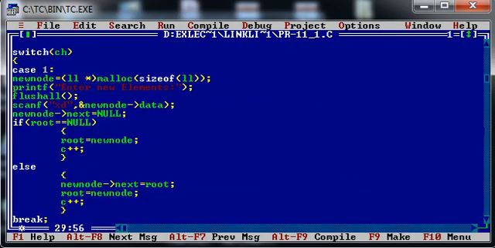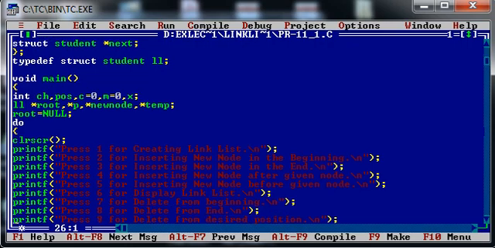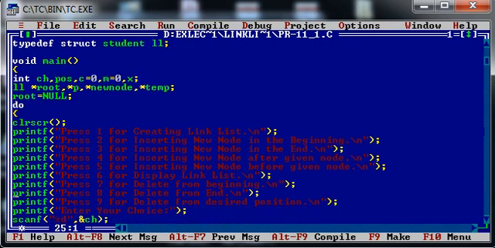Once again, have a look at the program. As I told you earlier, this is the existing program of our previous lecture. I have just added 3 menus in it, that is menu number 7, 8 and 9: deletion from beginning, deletion from end, and deletion from the desired position. A few declarations I have made, that is variable x and pointer temp.